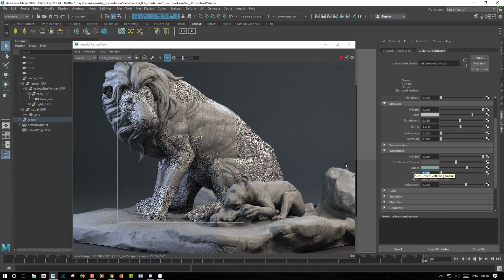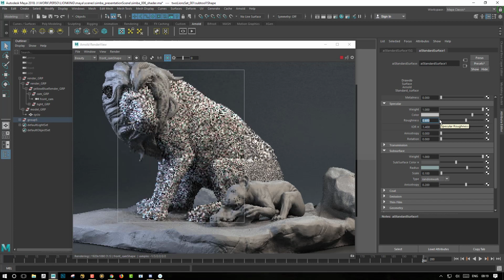Something that we can do as well that helps nicely to show some of the details that you sculpted is to have one first specular that will be really rough in order to display the main specularity of your object.